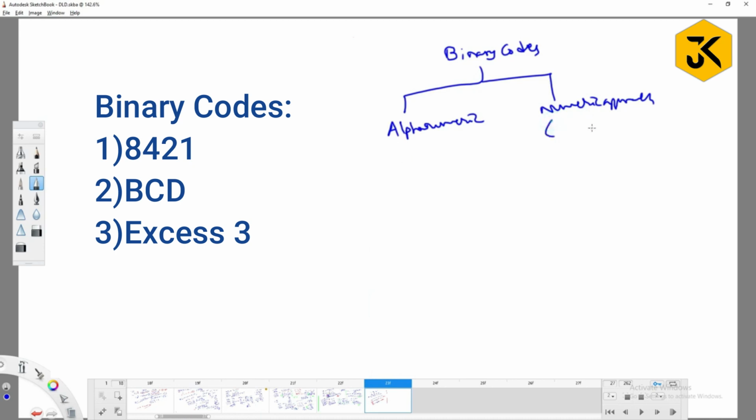Whereas coming to the numerical approach, we can work with only numbers. We are trying to convert numbers into the binary system. That's it. Whereas here, alphabets are also converted into the number system. So the simple example for alphanumeric binary codes is ASCII, American Standard Code for Information Interchange, like capital A has an ASCII value and small a has another. That is an example. Another is Unicode. Like this, we have various kinds of binary code systems. That is alphanumeric, whereas coming to numerical binary codes, basically